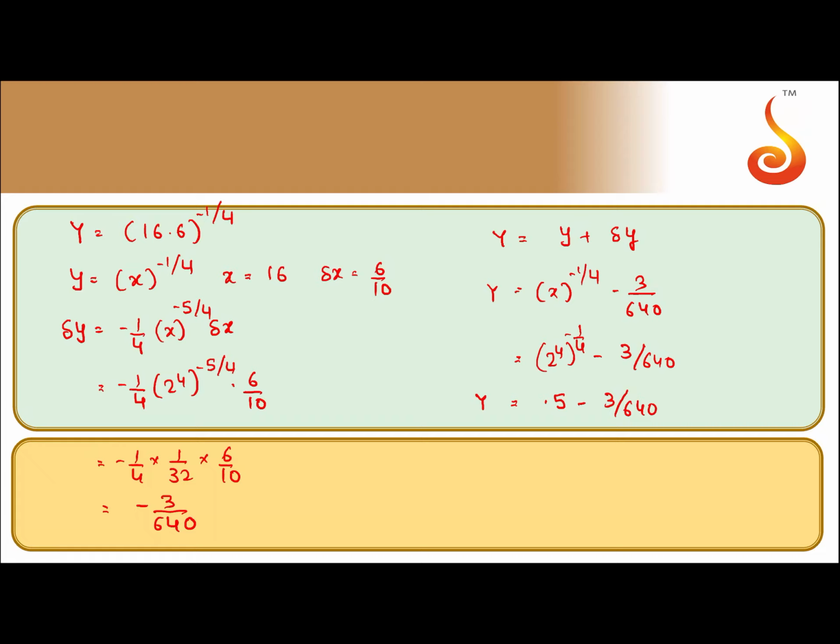When no calculators were there, in earlier times they used to calculate with the help of calculus only. So what we get? 3 by 640 is 0.00468. This is 0.5 minus 0.00468. You can write 7 also. Now if we subtract it from 0.5, we get capital Y is equal to